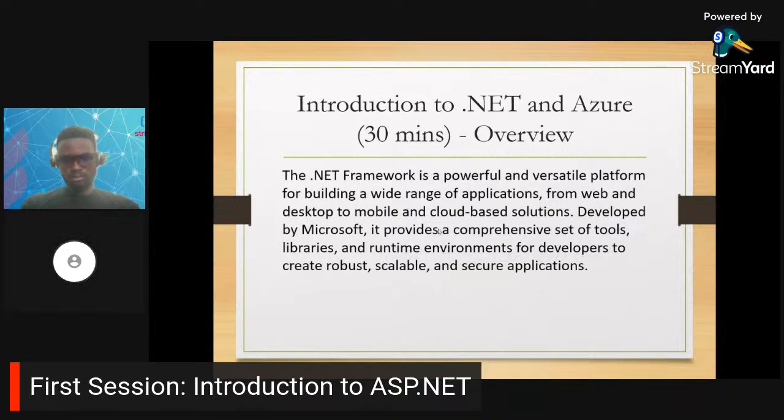When Java came, Java said they can run any and everywhere because they have their Java runtime environment. So you can build with Java and it will run on Linux, it will run on Windows, it will run on Mac, as long as you have the Java runtime environment on that machine. So Microsoft, in order to beat the market, because they're the B2B and they always think very far, they decide